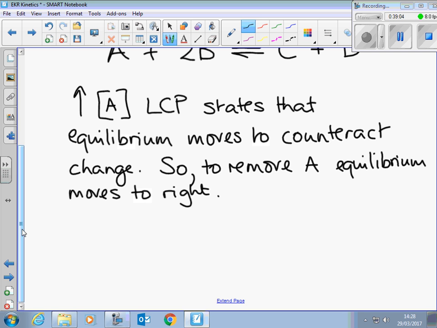Obviously, the other option is if you removed some A. So if you decrease the concentration of A, again, if you use that principle, equilibrium is at a point where you've got a certain amount of A, certain amount of B, certain amount of C, certain amount of D. So if you take some A away, the equilibrium point will move to try and restore the amount of A that you had. So this is just the reverse, really. So if you reduce the concentration of A,